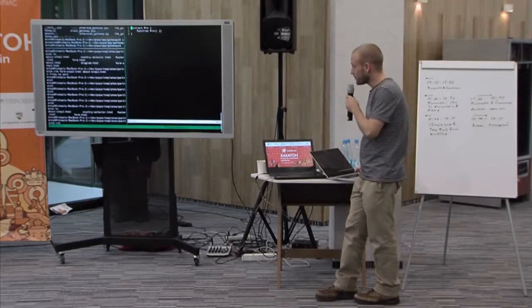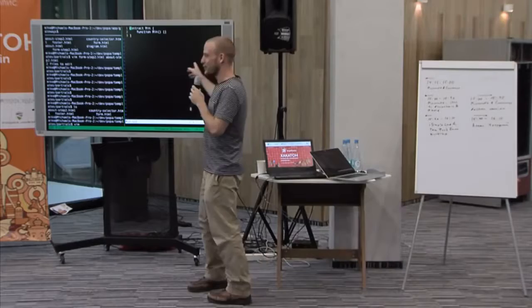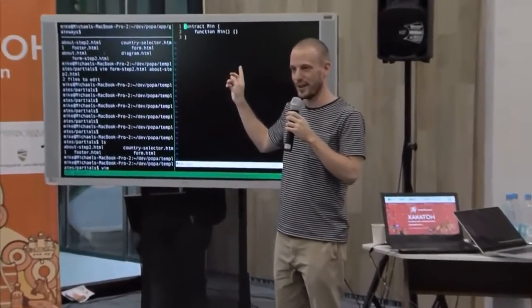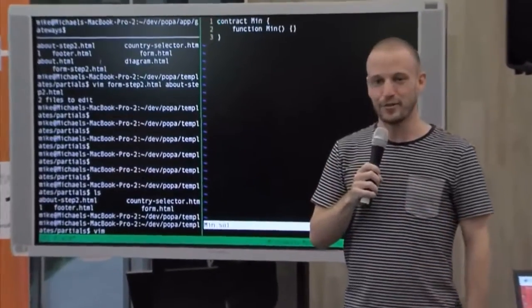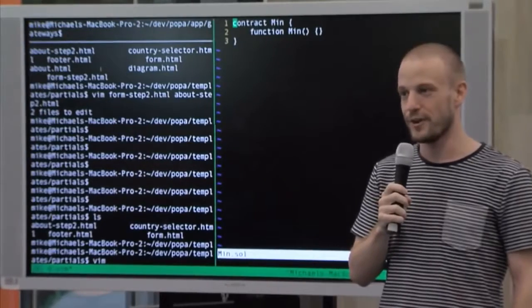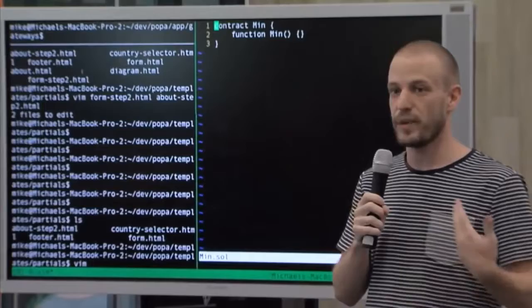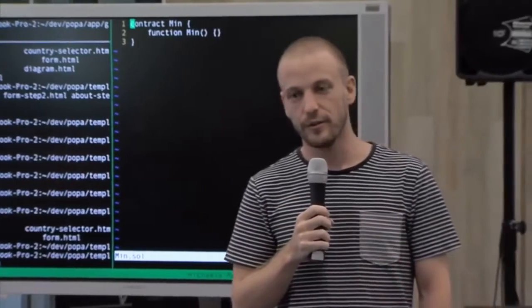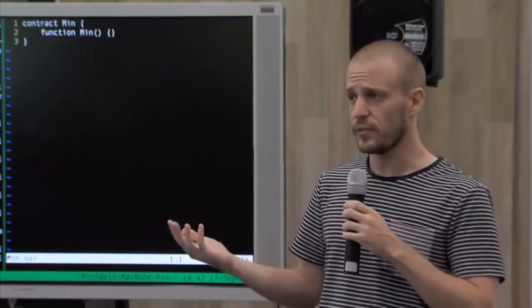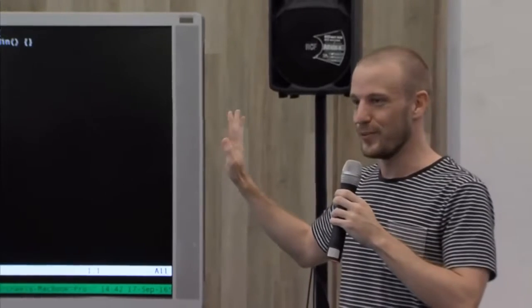Okay, so here on the right, this is the most minimal smart contract that you could write. All it is is a constructor function which does nothing. The reason I even bother showing you this is just so you get the idea that smart contracts require constructor functions. If you've ever written in an object-oriented language like Java or Python, you have to have constructors for your objects before you instantiate them. Solidity smart contracts require constructors as well. That's the point I wanted to drive home with this tiny little example.